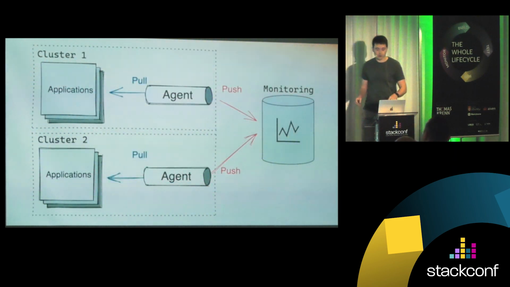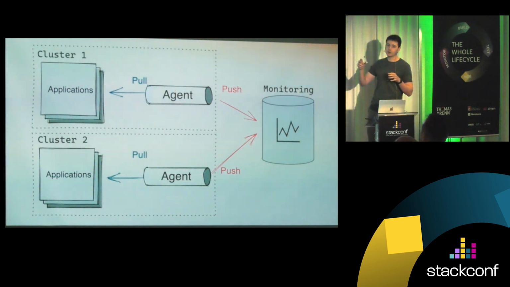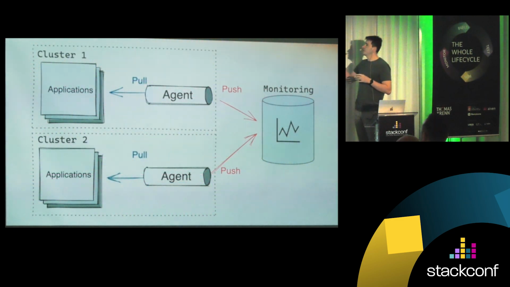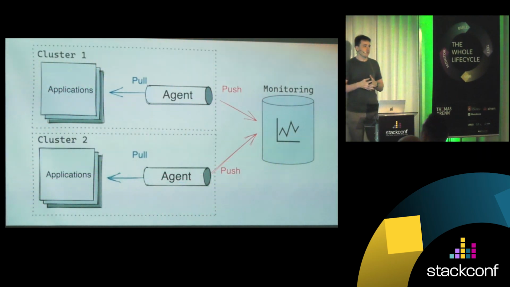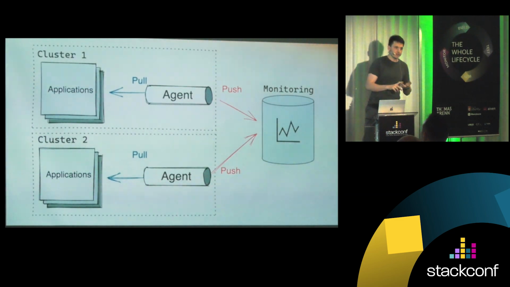And this is more like a mixed topology, where you can benefit from both approaches, pull and push. So you have an agent to collect metrics as close to the application as possible. They pull metrics and then they push these metrics to monitoring. This is mostly used in high-loaded systems or in systems where you don't trust your metric source, when you don't trust your clients,